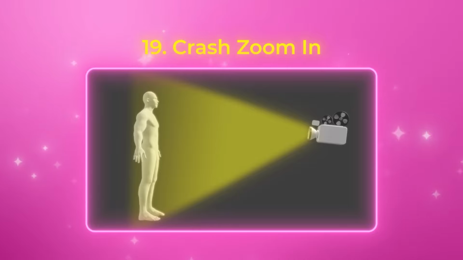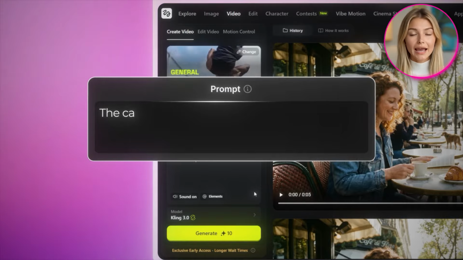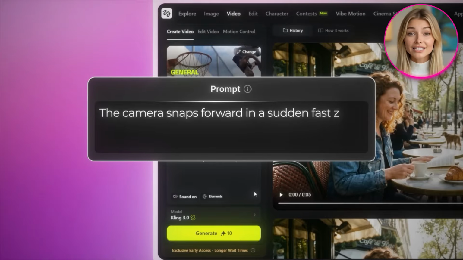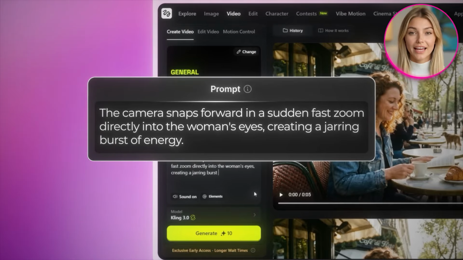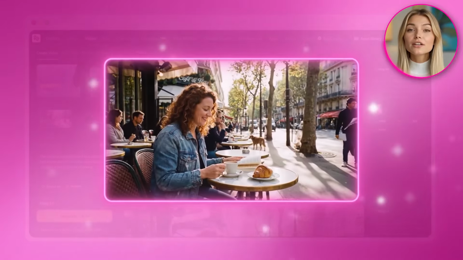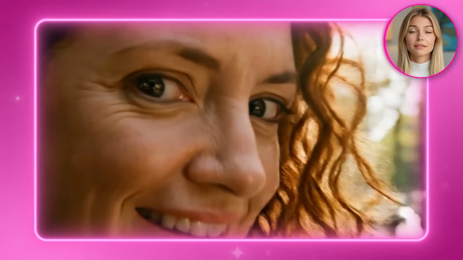Number 19 is one of my favorites, the crash zoom in. For this one, I'll type, the camera snaps forward in a sudden fast zoom directly into the woman's eyes, creating a jarring burst of energy. And here's the result. Filmmakers use this for shock moments, and Kling 3.0 handles it well because the motion blur